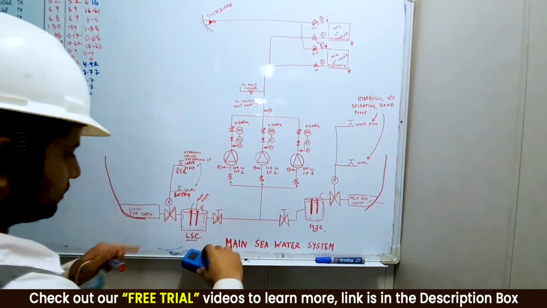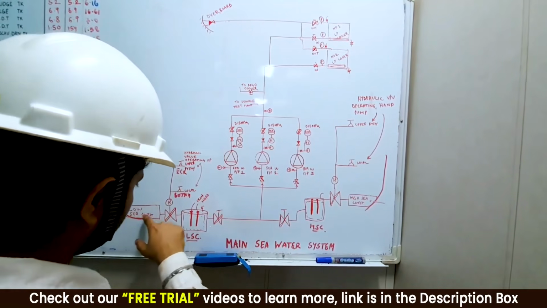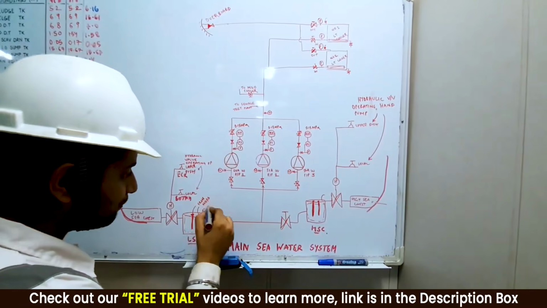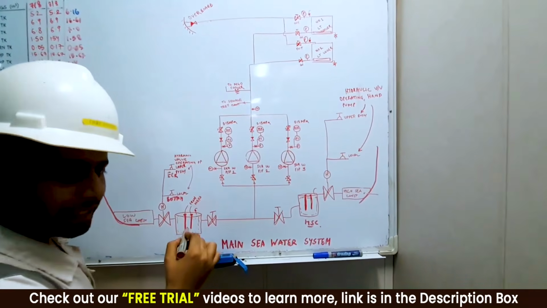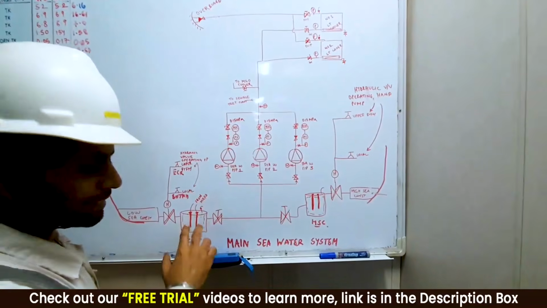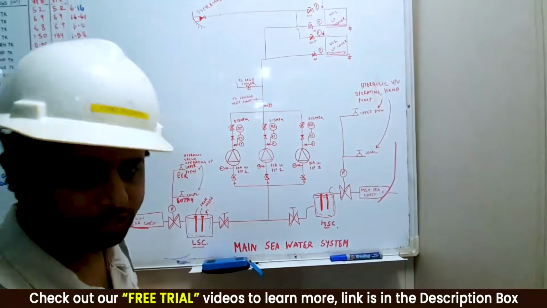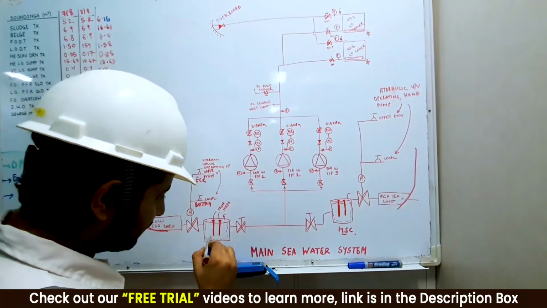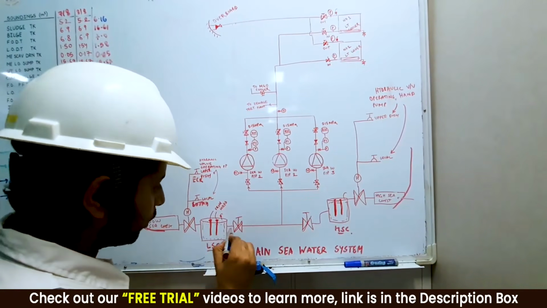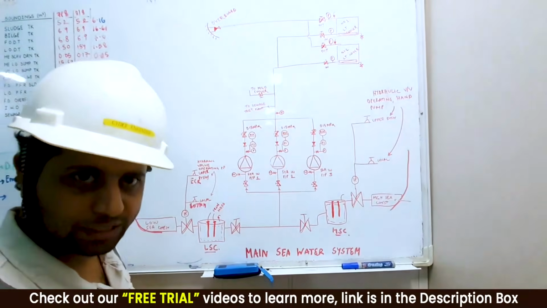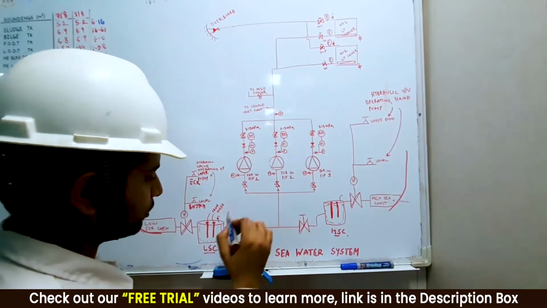Now suppose you have opened this valve. From the low sea chest, water comes over here. This is my low sea chest filter, fitted along with MGPS anodes. If you want to understand this MGPS system and these MGPS anodes, you have to go through my corrosion section, where I have made videos about MGPS anodes. But anyway, there is a filter fitted over here. Water comes in through this filter. This filter makes sure that all the sediments, marine growth, fishes, anything as such, should not enter into the system.